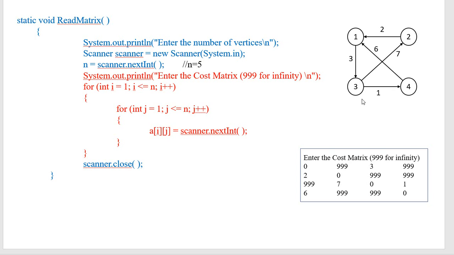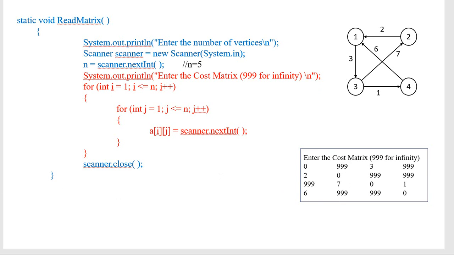Once you are done with reading the matrix, the next one is Floyd's function, which will have three for loops. If you want, you can go through the algorithm; even in the algorithm we have used three for loops.